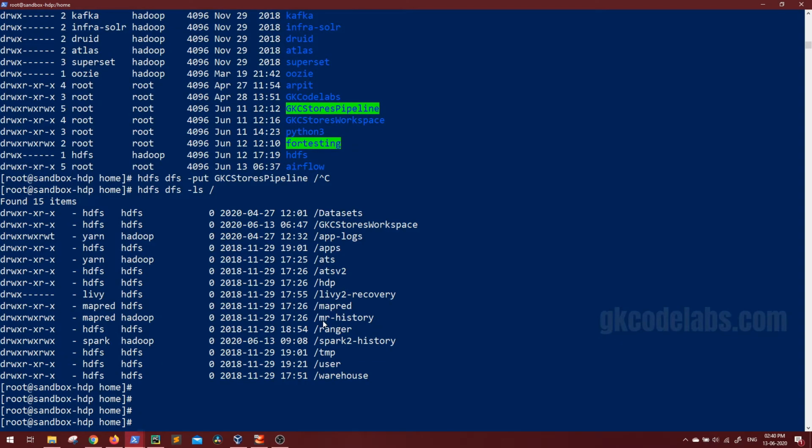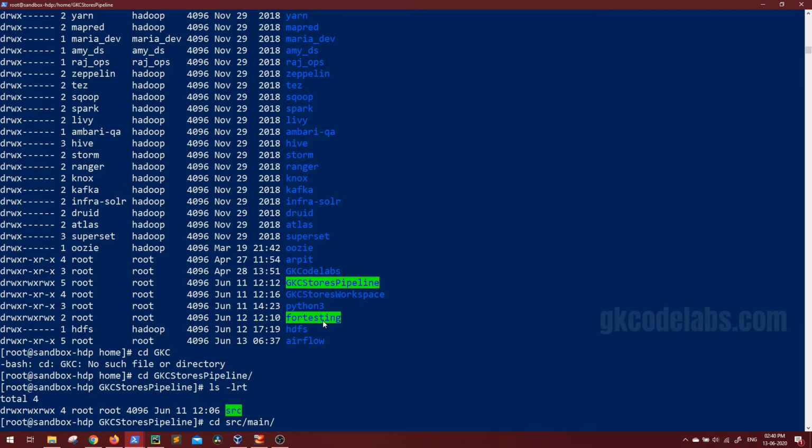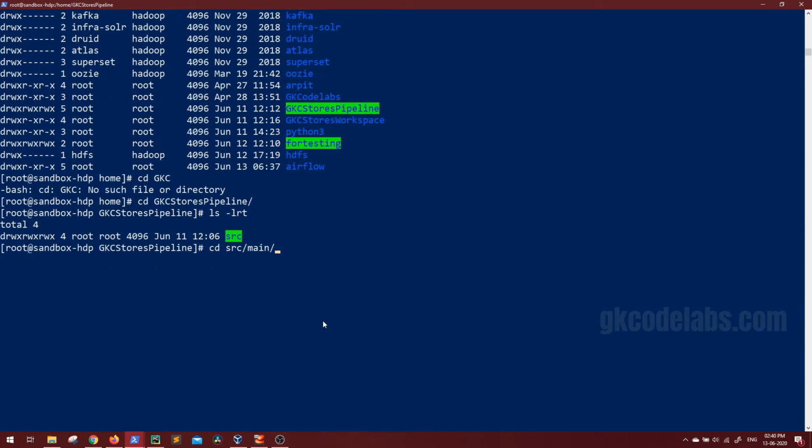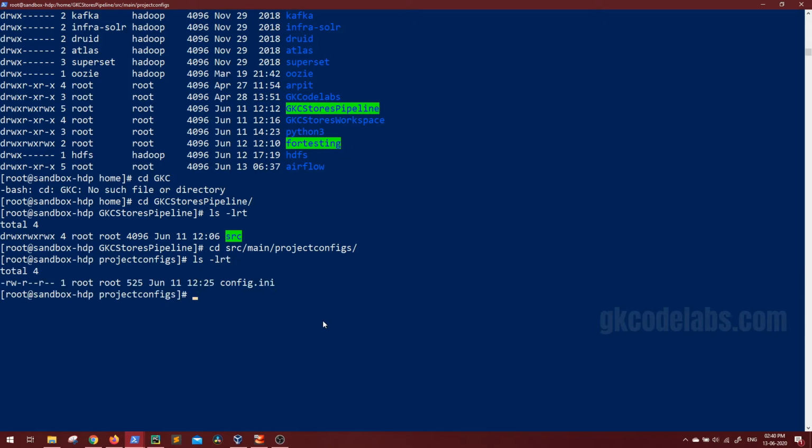Now as we discussed a few changes, let us go to our config file first. That is the first thing that has to be taken care of. Our config file is again in the same directory as we have copied the same structure, project configs, and let me cat this. Here we have changed all the input and output directories as per this particular Linux environment. Let me show you that.